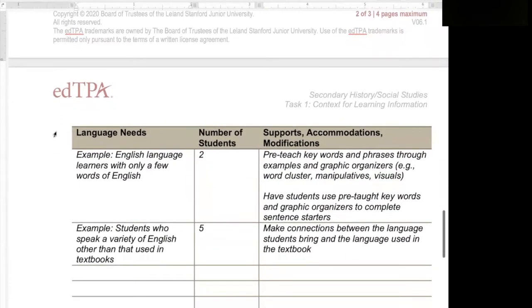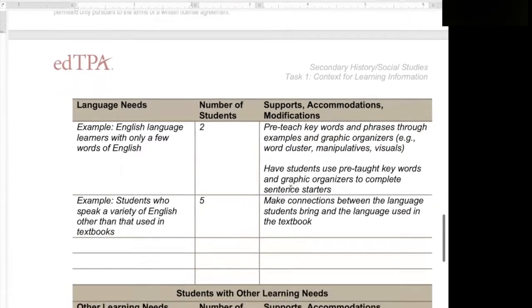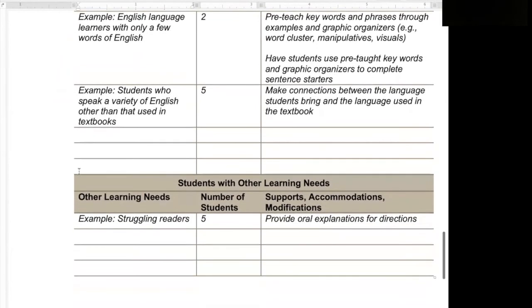Again, these are looking at different students that you may have, your English language learners, or students who are redesignated English language learners who may have struggled with some of the content or some of the words that you might have. What kind of support, modifications, accommodations are you making for your students here? And students with other learning needs.